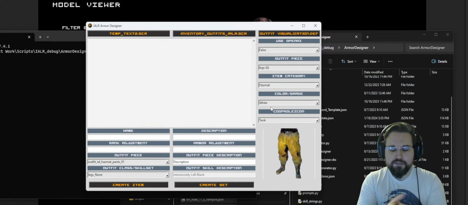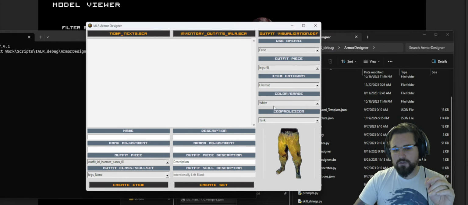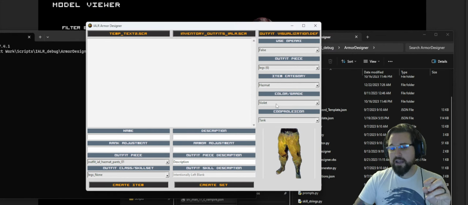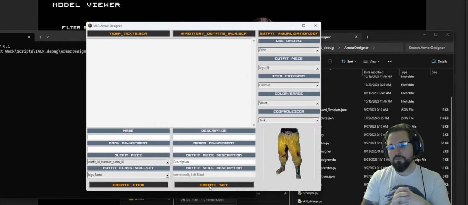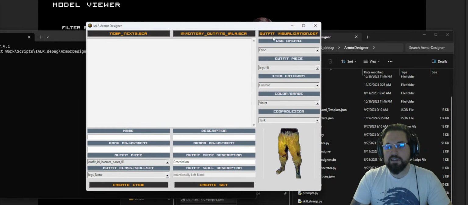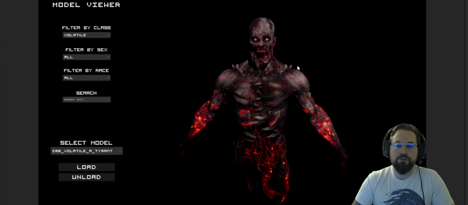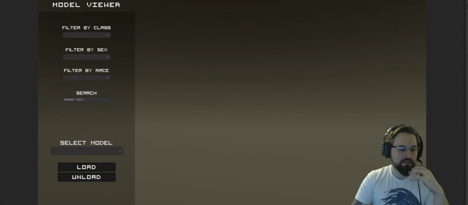But for this, you could create a set. So instead of having to go in here and manually create a different armor set for each individual one, you could say create a set, and it would actually name them slightly different and give them different attributes based on their color and grade. Well, I'm going to take this concept and move it into the engine to where you're no longer having to look at a flat